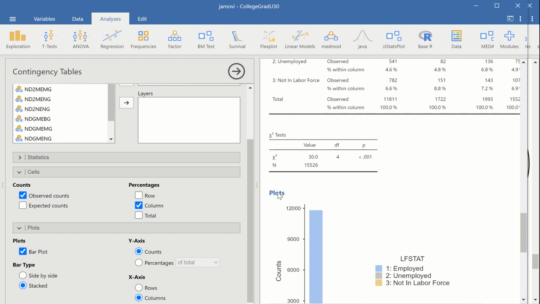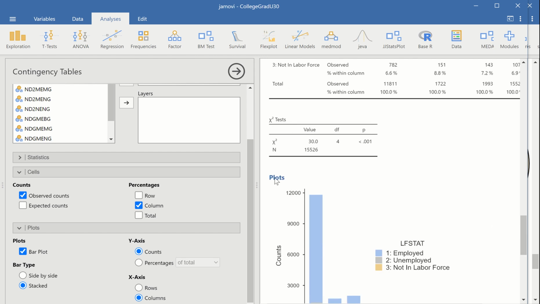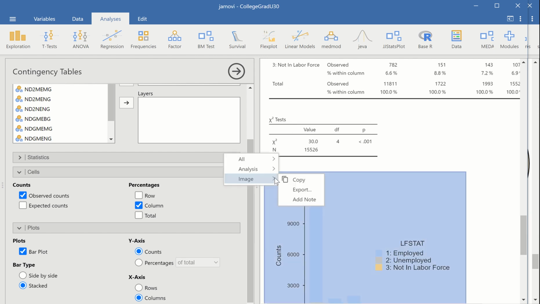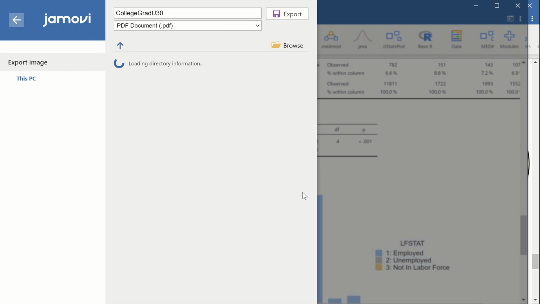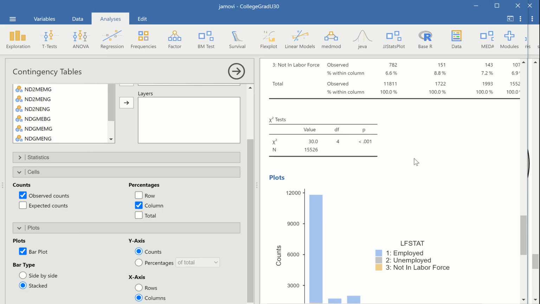The plots, and given that I'm recording here, it doesn't want to let me mess with the plots, but okay, if I can get there, I can copy, and I'm pretty much stuck with this. I could export it to a PDF or a PNG or an SVG. Both EPS and SVG are editable. These are things I could bring into something else and edit,